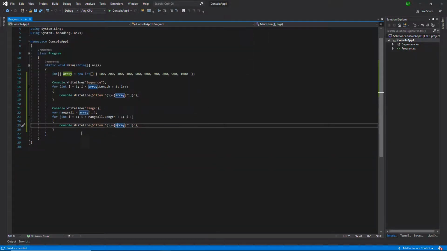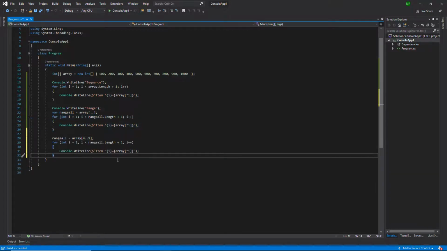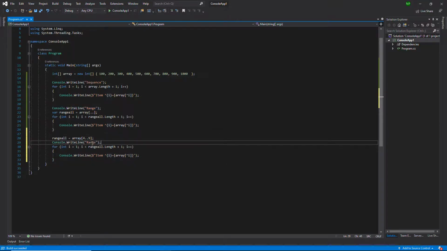Now in the next example, I will define a sub-range from the given array. I will use the two numbers 4 and 9 before and after the dot symbols respectively. You can see here it will print the values between index 4 and index 9.